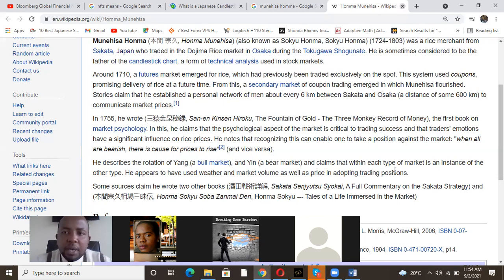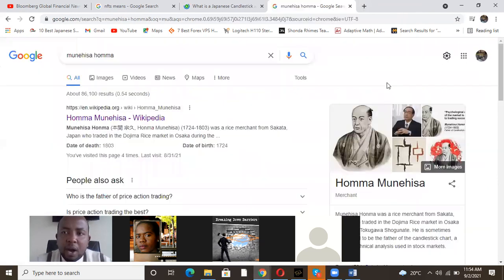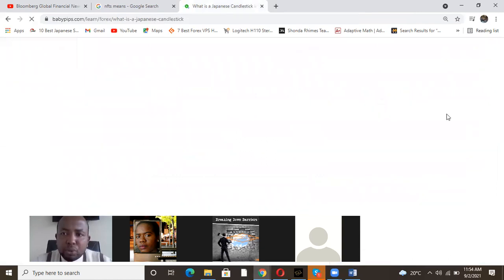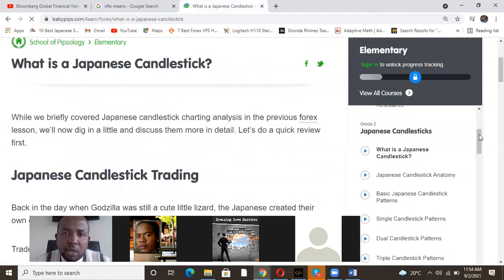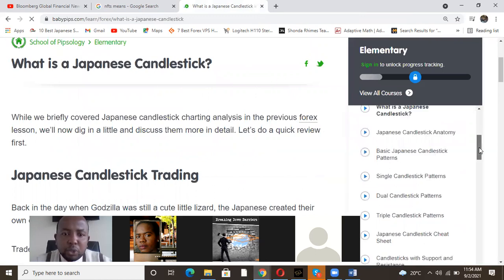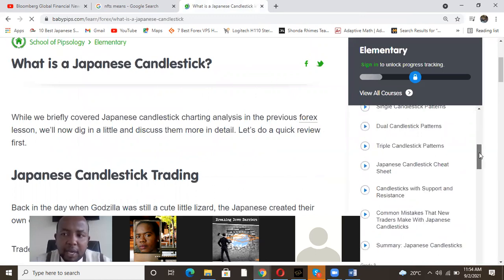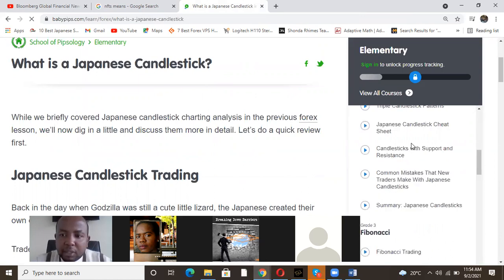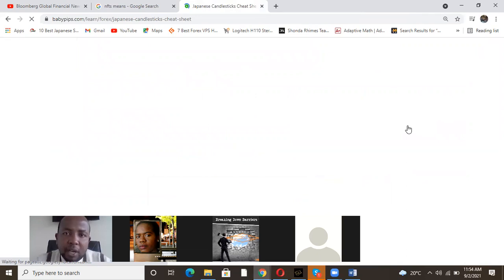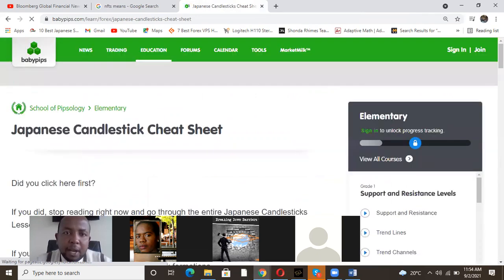Now I'm going to go to the candlesticks themselves. I don't have much time, so I'm going to go to the types of candlesticks right now, because I'll just show you a summary. Let's do the cheat sheet first, because this is the most important. On the cheat sheet, I'm just going to show you the various candlesticks we have and basically how they are able to, yeah, here they are.